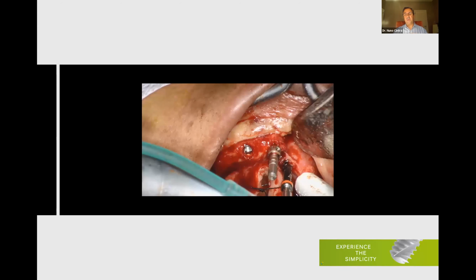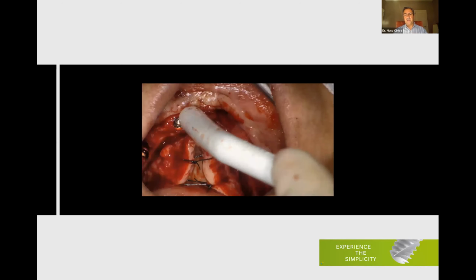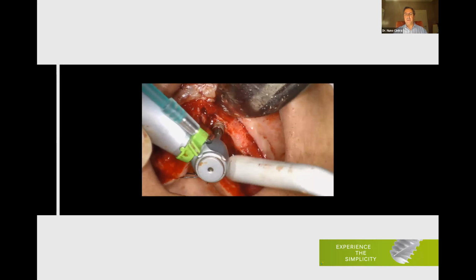This system, as I will show you later on, the drills are step drills, which is very convenient to make sure that the drill is on the right place. But I will show you that later on. I like to place my implants first with the machine, but most of the times I place my implants by hand. And there you can see another property, which is